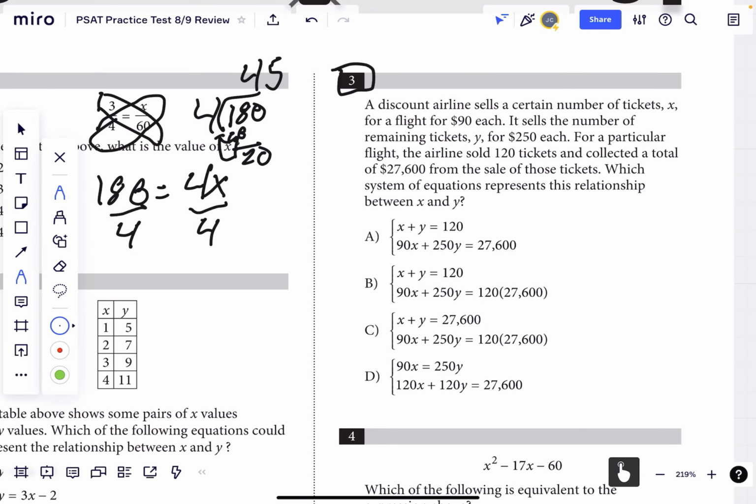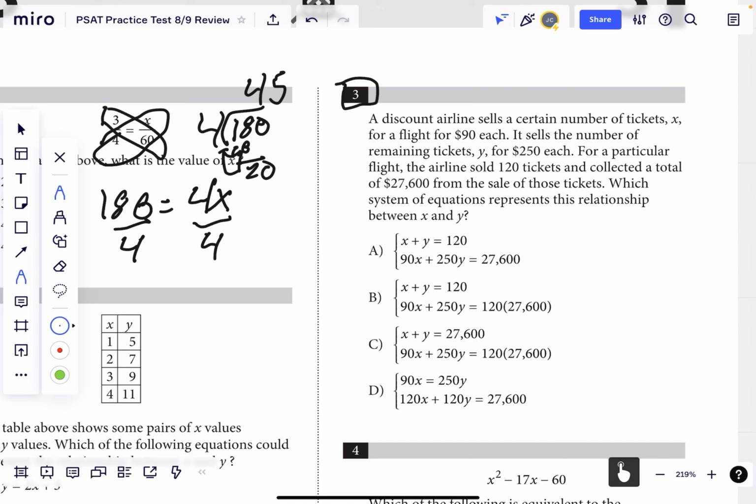So number 3 is something called a system of equations. These are very hard, but we're going to do them. So a discount airline sells a number of certain tickets, x, for a flight for 90 each. Well, we know that each ticket is 90, and we know that each one's x. It sells a number of remaining tickets, y, for 250 each. For a particular flight, the airline sold 120 tickets and collected